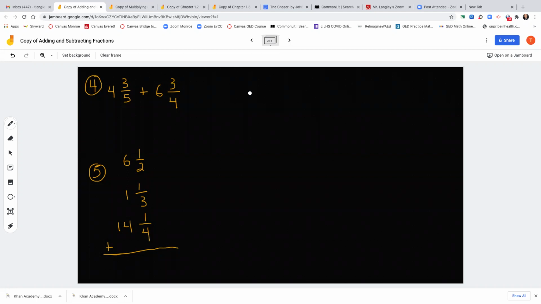Number 5 has 6 1/2 plus 1 1/3 plus 14 1/4. Okay, that's how you would say them out loud. All right, going to give you about 5 seconds to finish copying these down. Okay. All right. Now, the first rule I taught you about 15 minutes ago is when you're adding fractions and